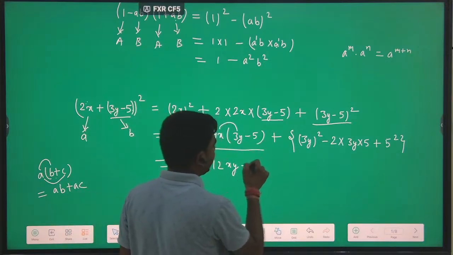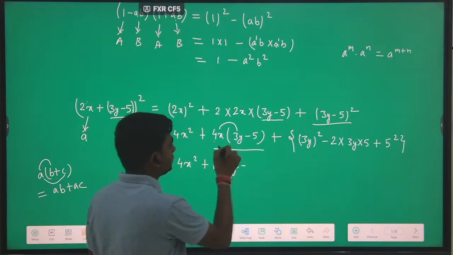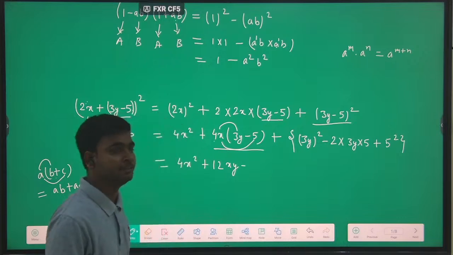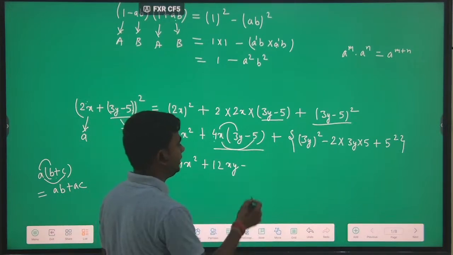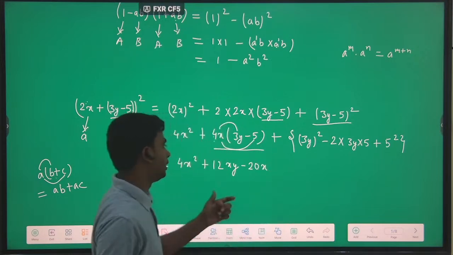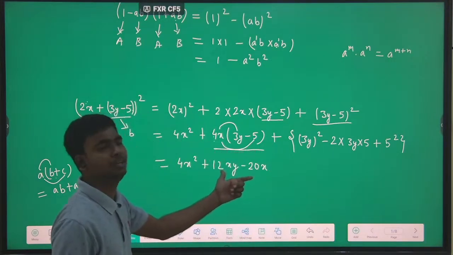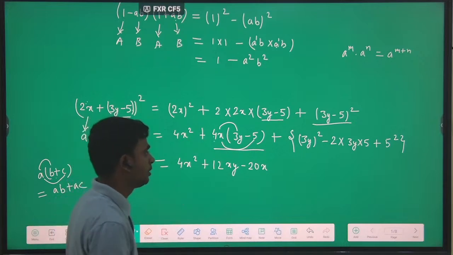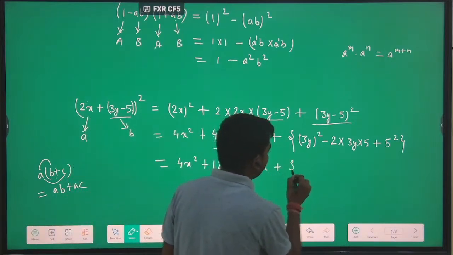Again, minus sign will be here. This 4x will now be multiplied with 5. So 5 into 4 is 20, and x into 1 is x. So what we got? The value of this is 12xy minus 20x plus bracket under